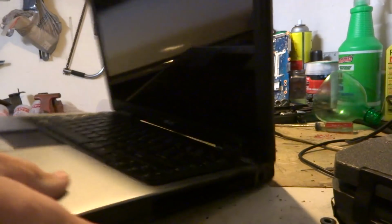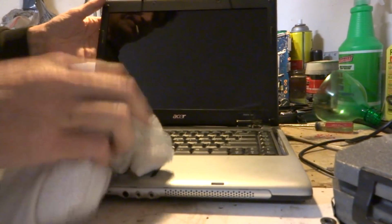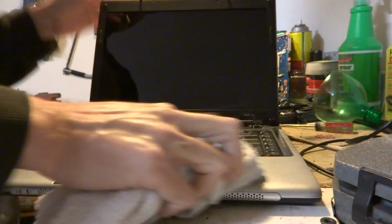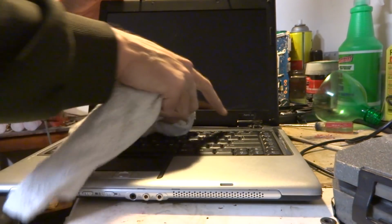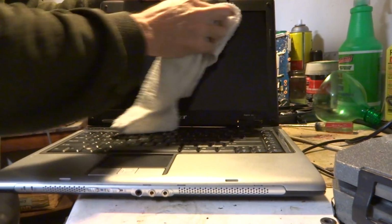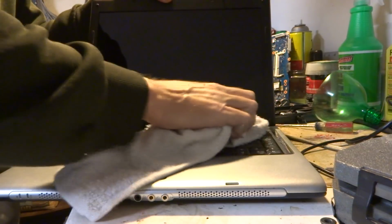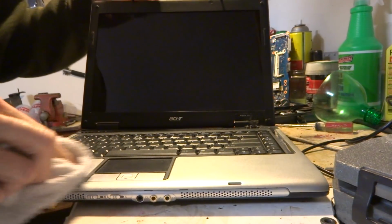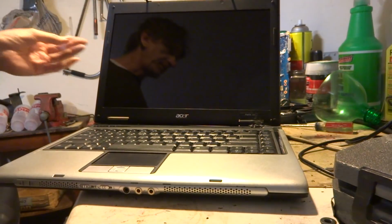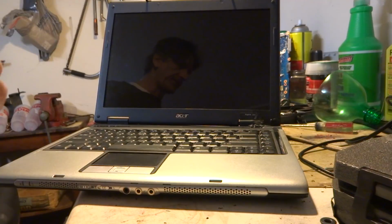It's probably something I didn't hook up right, so I'm gonna have to take it back apart and now I need this part here. I didn't mess up my screen or anything. Keyboard's still good. And then we'll go from there. So I guess I'll have to make a part 2 if I continue this project here,